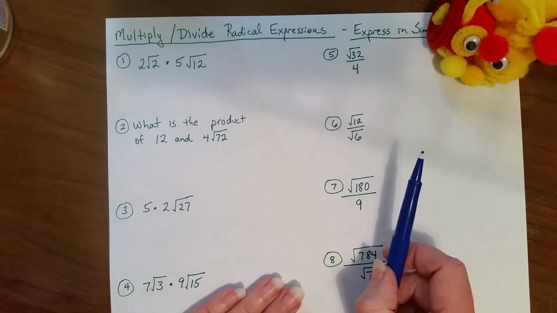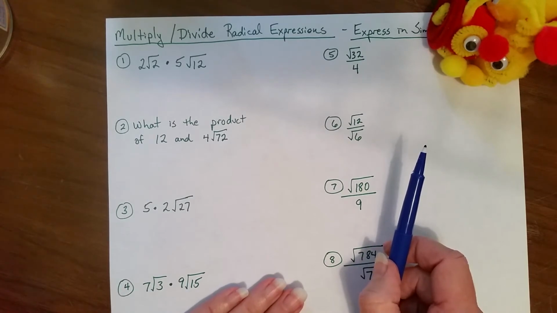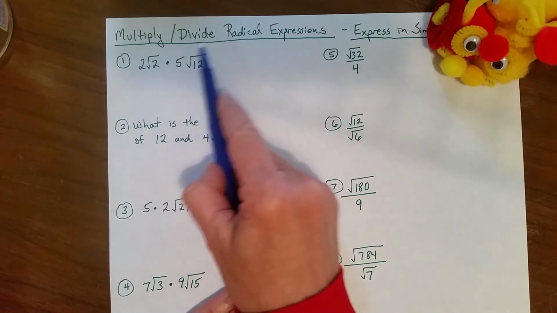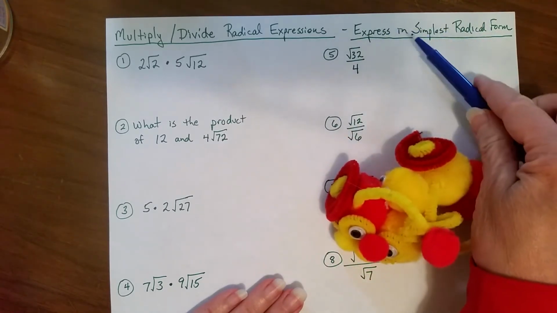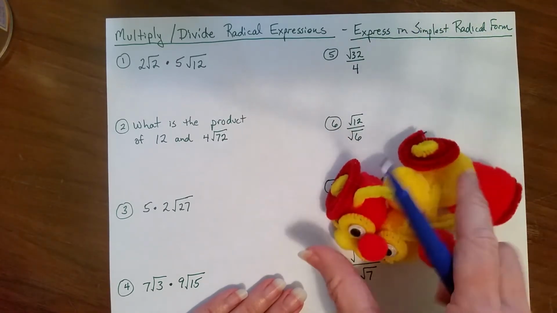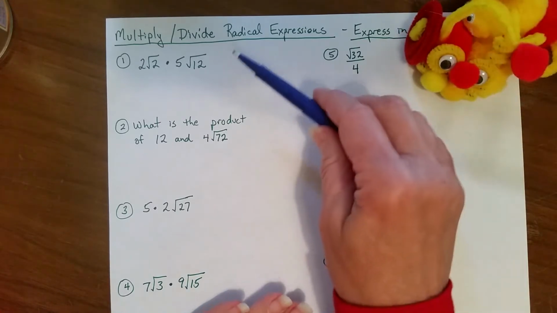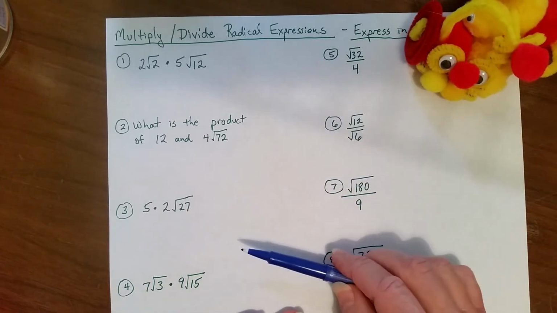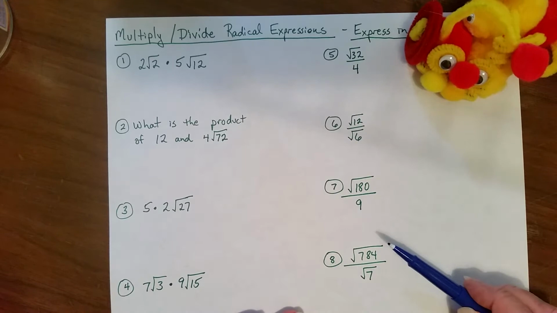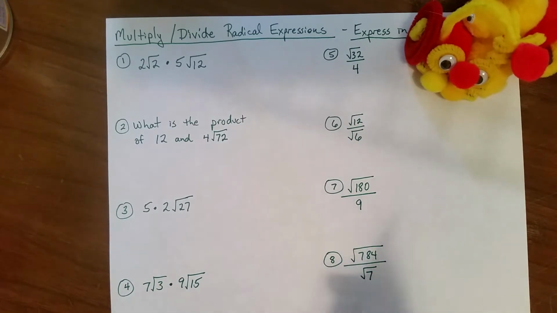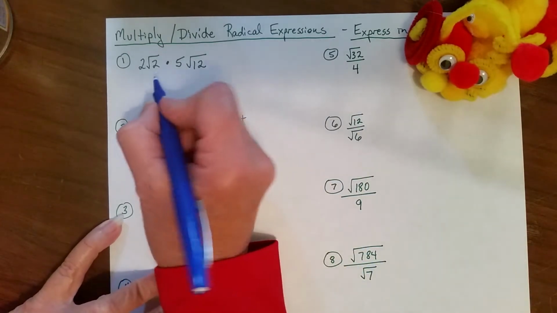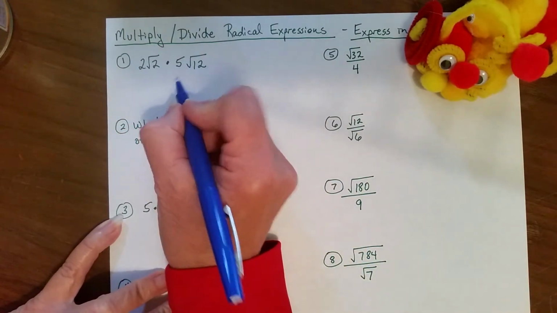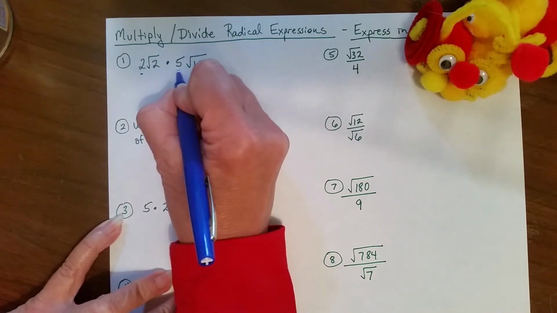All right, yesterday we did add and subtract radical expressions. Today we're going to multiply and divide radical expressions. And for all of these, it's going to say express in simplest radical form. So what I've got is 4 multiplication and 4 division. All right, let's just get to it. Some of this is going to be review, so I apologize if this is a little boring for you, but I think it's worthwhile. So when I'm multiplying these radical expressions, I'm going to take what's outside the radical, 2